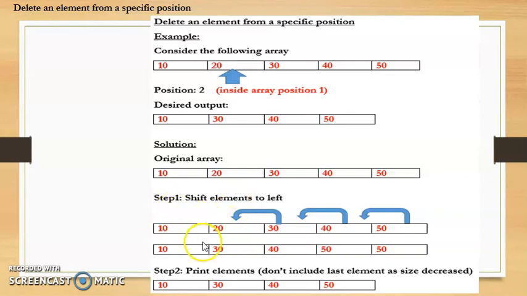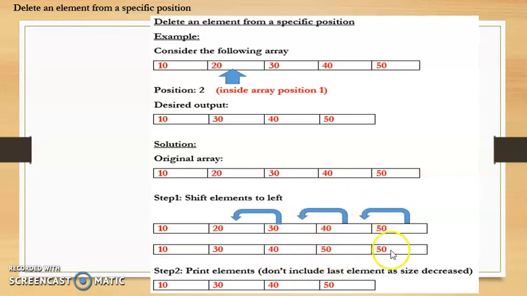The elements before the position will remain as it is, that is this 10 won't be affected. So till this position we will shift the elements to the left, which means that this 30 will be shifted over here, this 40 will be shifted here, and 50 at this particular position. So after shifting we will get this array, that is 10 will remain as it is. It was not affected as it was before the position. Then 30 has been shifted over here, so we can see that we have got 30 here. Then 40 will be shifted here, so we have got 40 over here. Then 50 has been shifted over here, so we have got 50 over here.